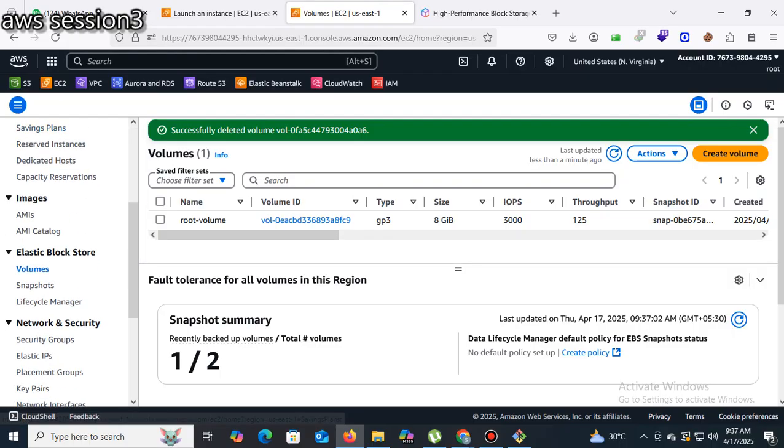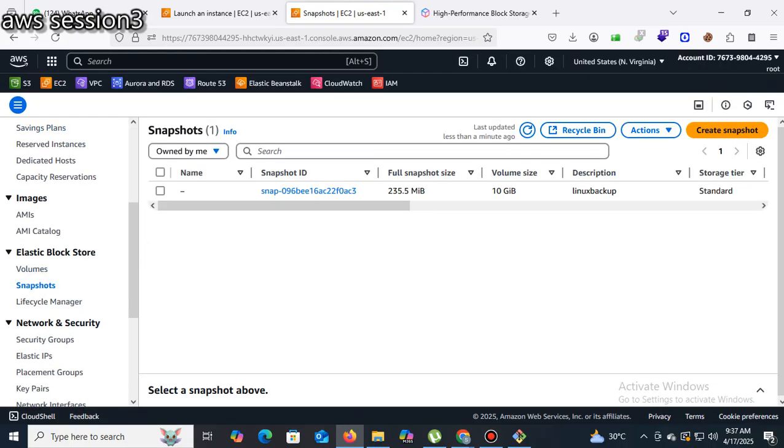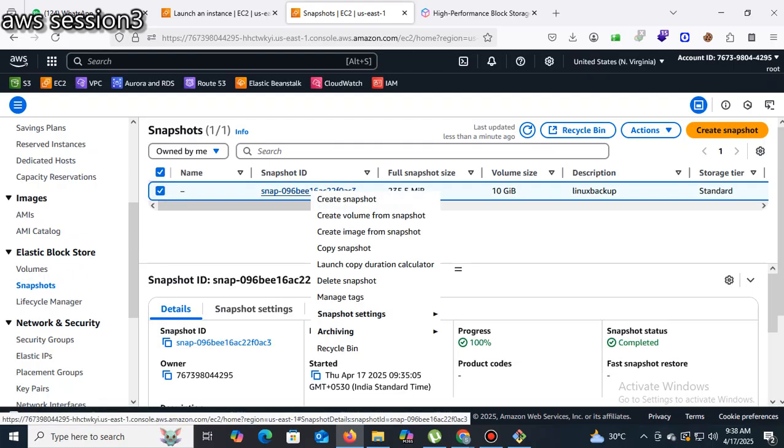Go to snapshot. Select it, right click, and choose create volume from snapshot.